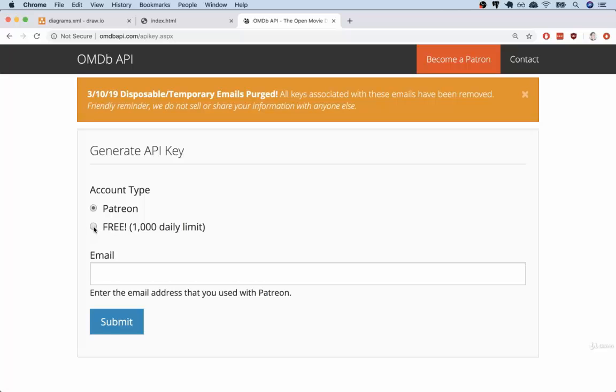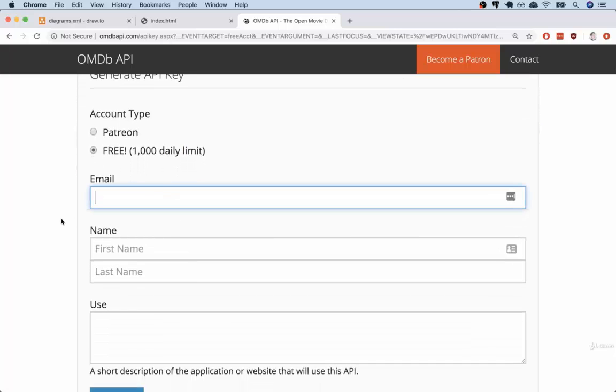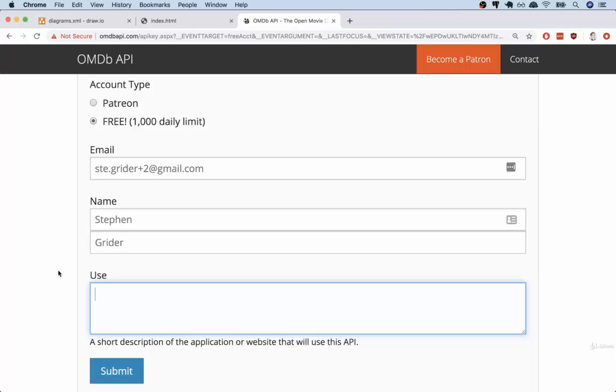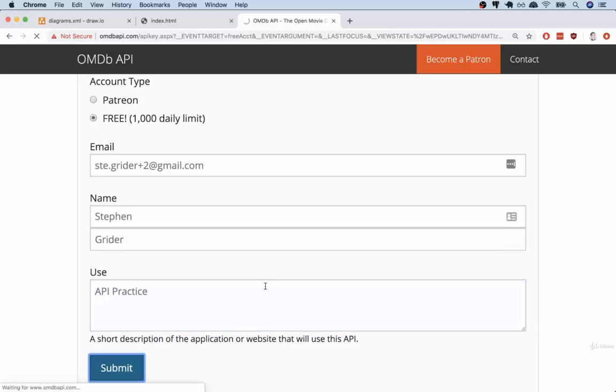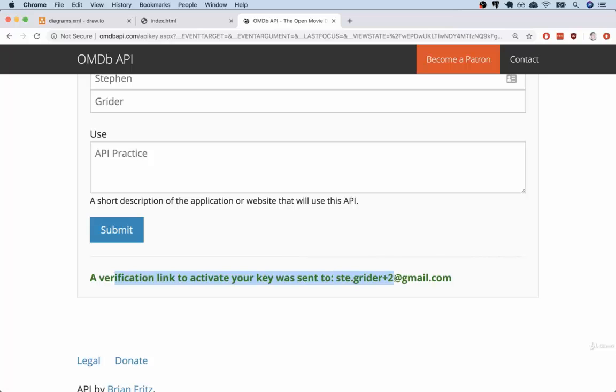So I'm going to select the free option right here, and then I will enter in my email. It does have to be a valid email because they're going to email us our key. So I'll put in my email, my name, and for use right here, we're just being asked to enter a description of what we are building. So I'm just going to say that this is API practice. Doesn't really matter what we put in there. I'll then submit this, and then I'll be told that I'm going to be sent a verification